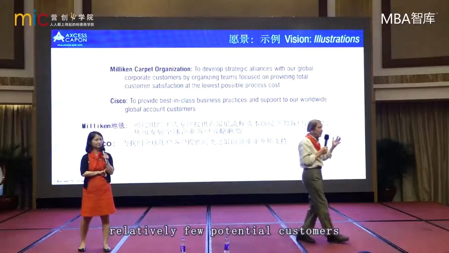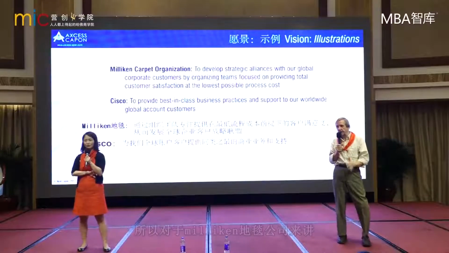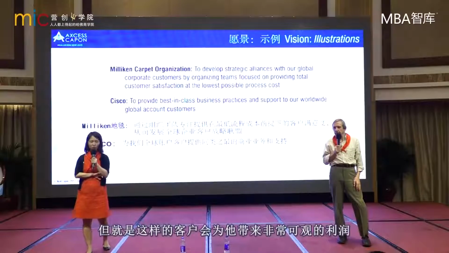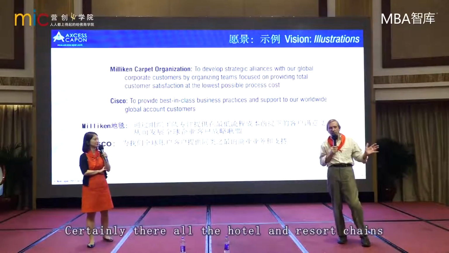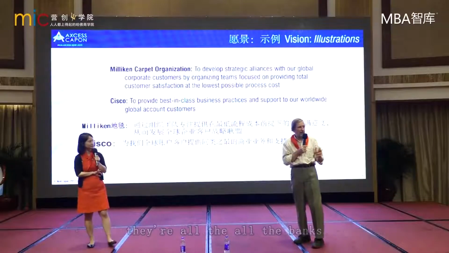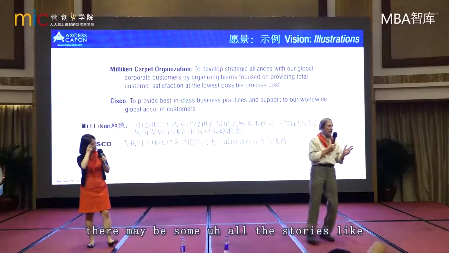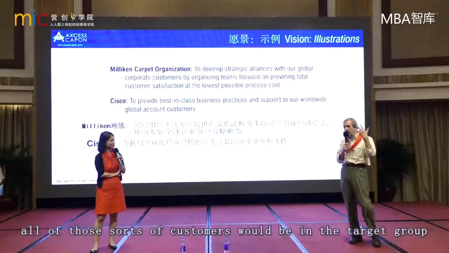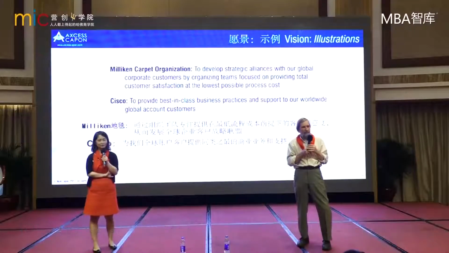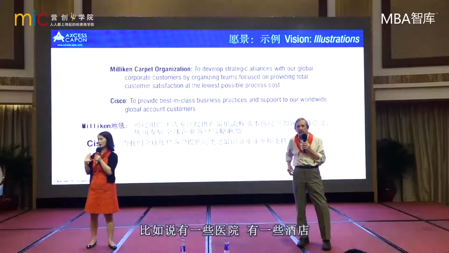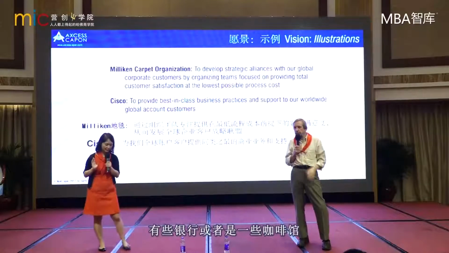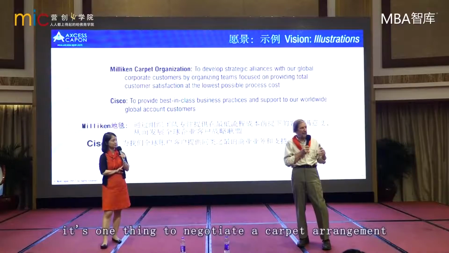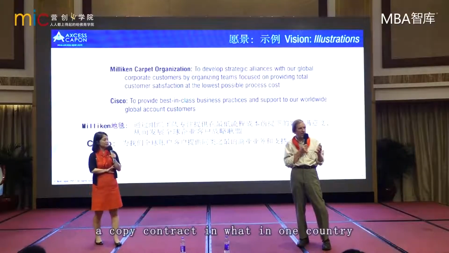And so for Milliken, then, there are relatively few in the big scheme of things, relatively few potential customers, but those customers are very large. 所以对于 Milliken 地毯公司来讲，它其实面对的是这样的客户非常少，像希尔顿这样的客户非常少，但就是这样的客户会未来为它带来非常可观的利润。Certainly, they're all the hotel and resort chains. They're all the banks. There may be some all the stores like I don't know whether Starbucks uses carpet, but a Starbucks, a McDonald's, a KFC, all of those sorts of customers would be in the target group. 那我们在想哪些地方还需要用到地毯呢？比如说有一些医院啊，有一些酒店，有一些银行，或者是一些咖啡馆，甚至有可能需要地毯。那这些其实都是这家公司要考虑的客户范围。